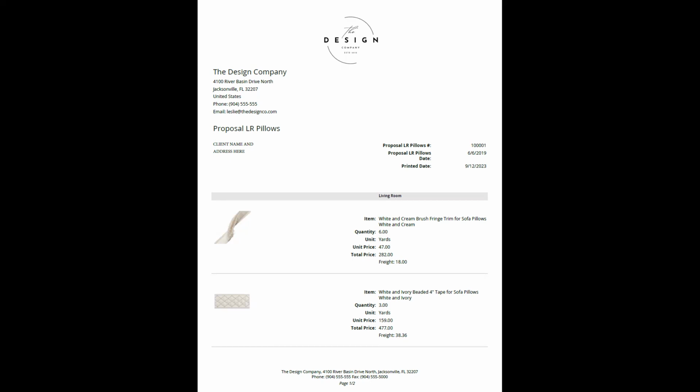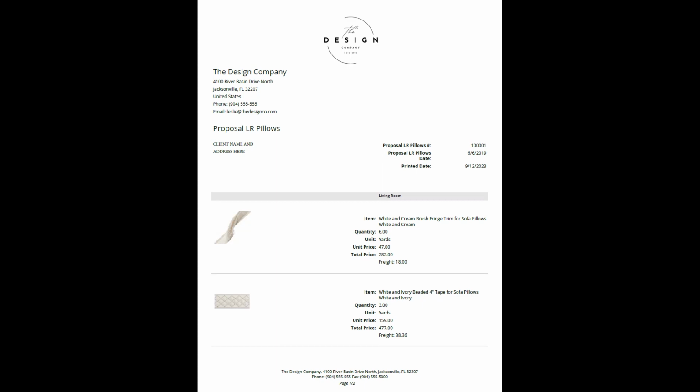So they're not just getting this proposal out of thin air. The designer has already kind of price conditioned them, told them about the beautiful materials being used on this pillow, how this pillow is going to really make the room, how this pillow is going to represent the concept and express the elements and principles of design. And so this is where the designer proposes the actual cost of the pillow.